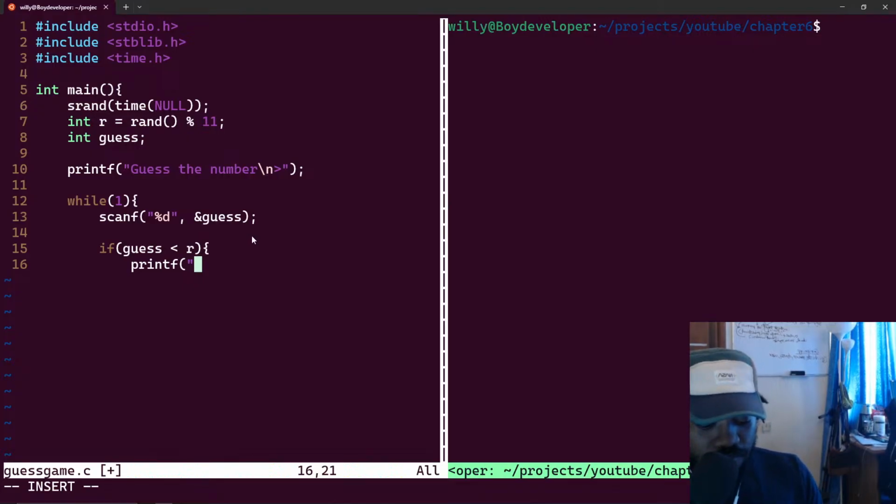So let's say printf. In this case, it means your guess is actually lower than the random number. So "Too low, guess higher." Like this, too low, guess higher. Then we'll put \n here like this and close the parenthesis. Here we can indent the code again, append else if